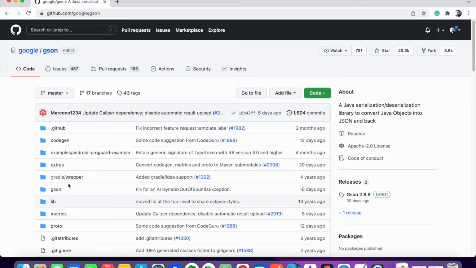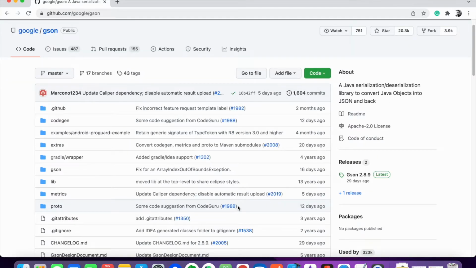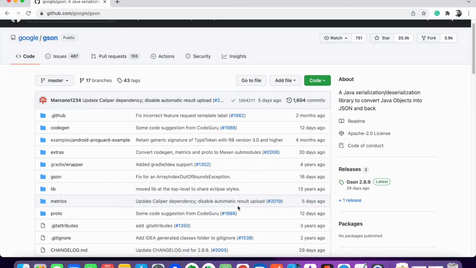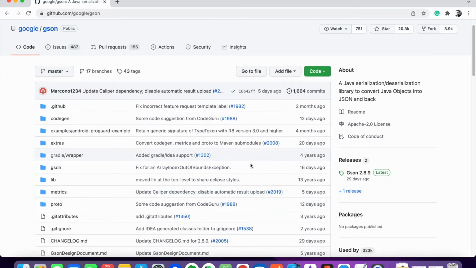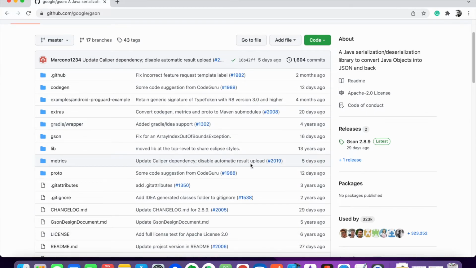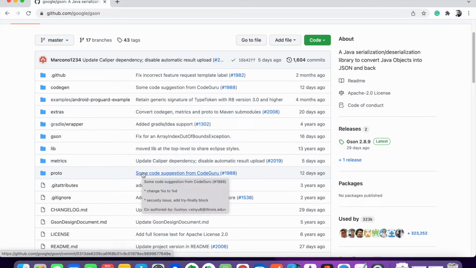So next in the list is Gson. This library has been developed by Google, and it basically helps you convert Java objects to JSON and vice versa. It has extensive support for Java generics. The only thing is they haven't written it in Kotlin and it has not been updated frequently now. So another option in this category is Moshi, and that is next in the list.